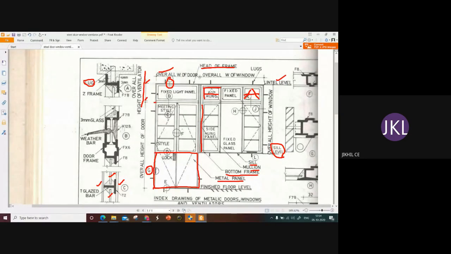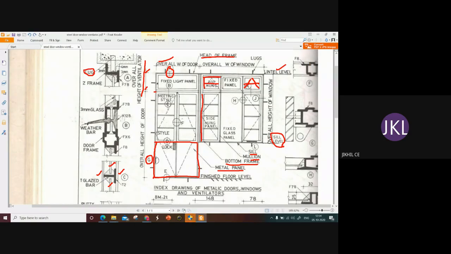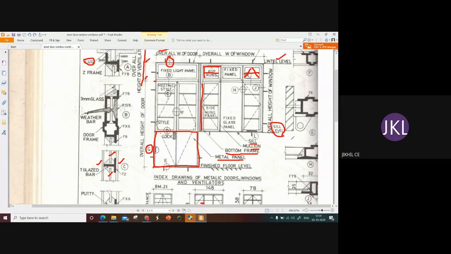I think for the F, it will be just a replica. That means this will be exactly like the other one. A similar type of C section will be used on the right hand side also. And for G, this is the cut section. This is the ball, and we have the steel section, which connects the steel ball to the steel metal panel.